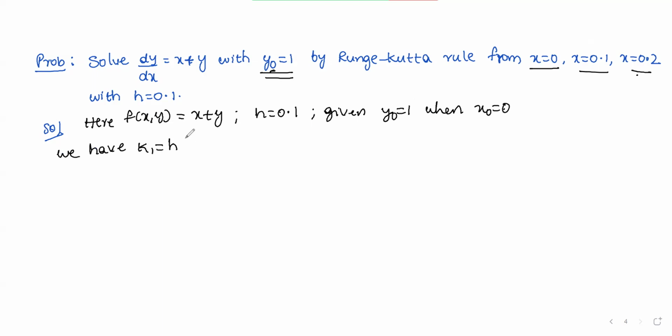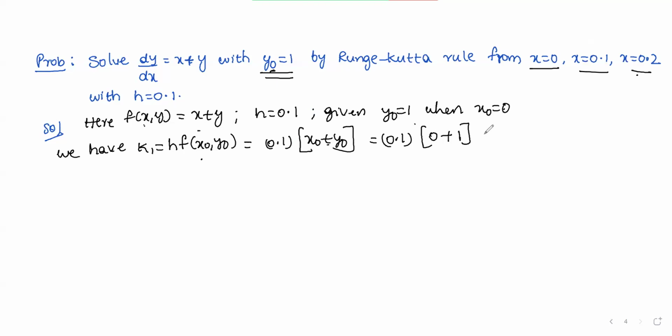That we have K1 is equal to h into f of x naught comma y naught. H means 0.1 into f of x naught comma y naught. f of x naught comma y naught means x naught plus y naught. We have to substitute this formula. 0.1 into x naught means 0 plus y naught means 1. Again that is equal to 0.1. Therefore K1 is equal to 0.1